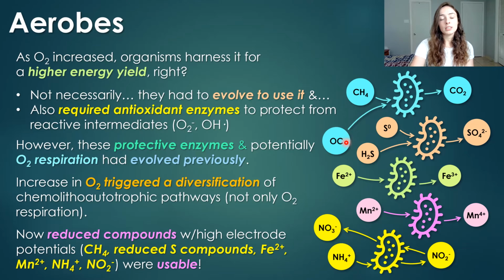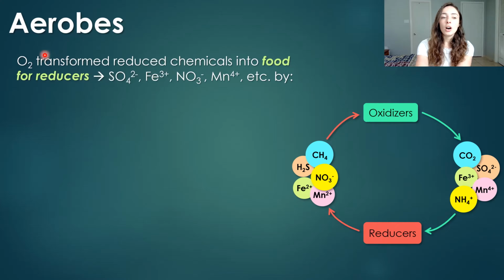And then eventually organisms evolved the ability to oxidize more complex organic carbon compounds like glucose, which is how we metabolize. We use oxygen and reduced organic carbon or glucose, and we oxidize that organic carbon with the oxygen, and then we release oxidized carbon or CO2. This became a cycle in which oxygen